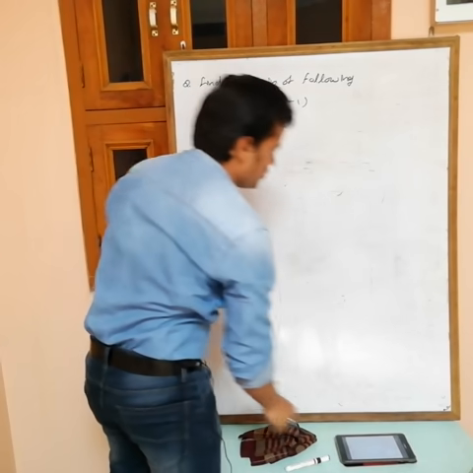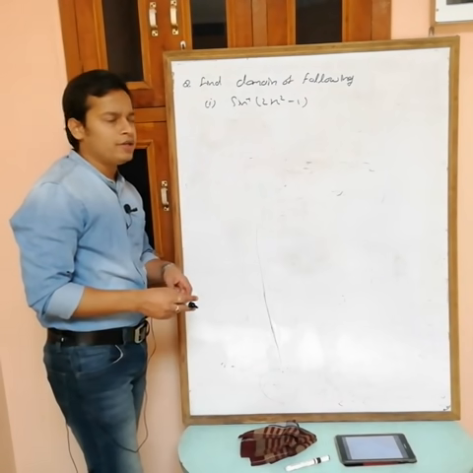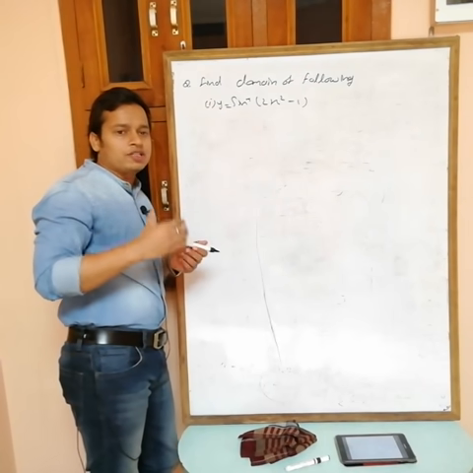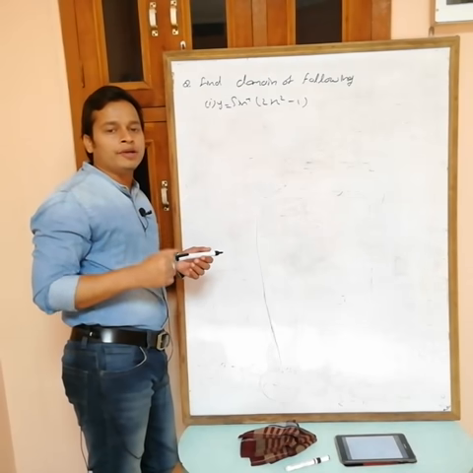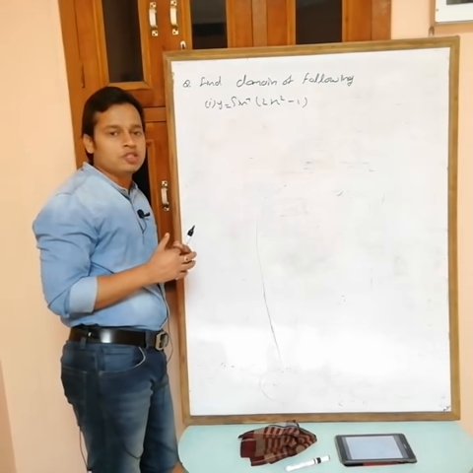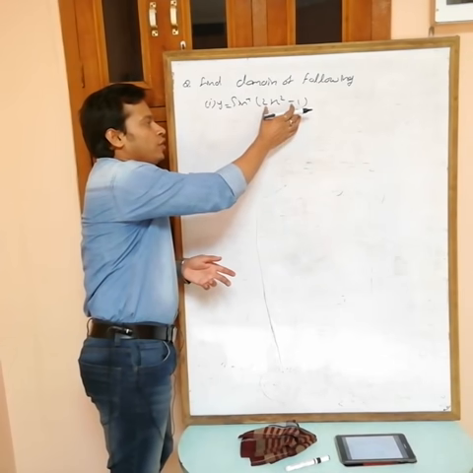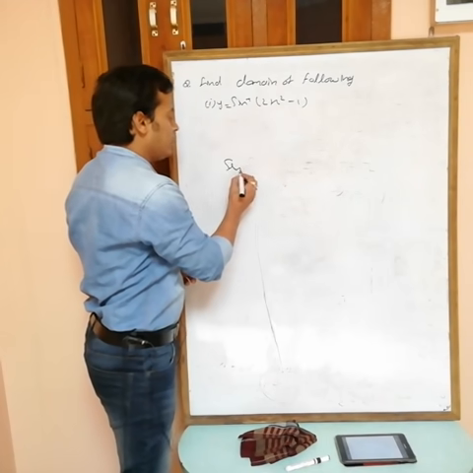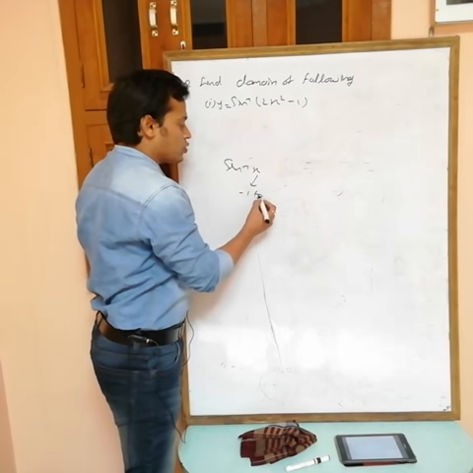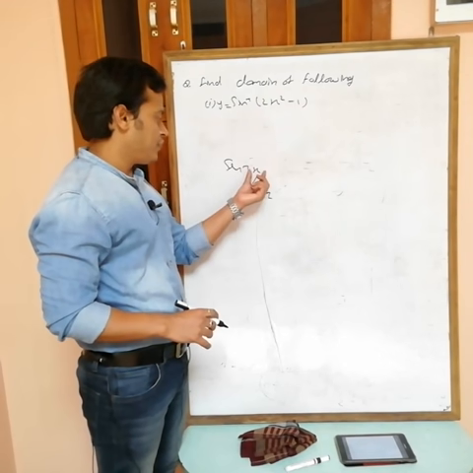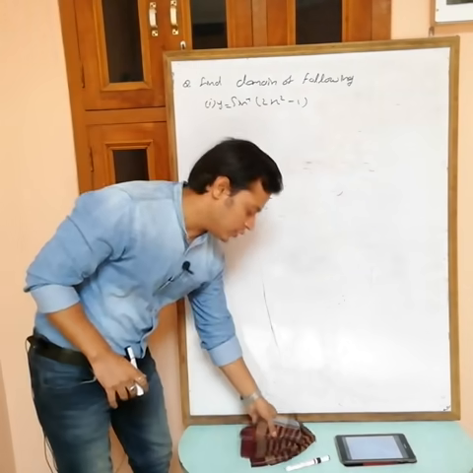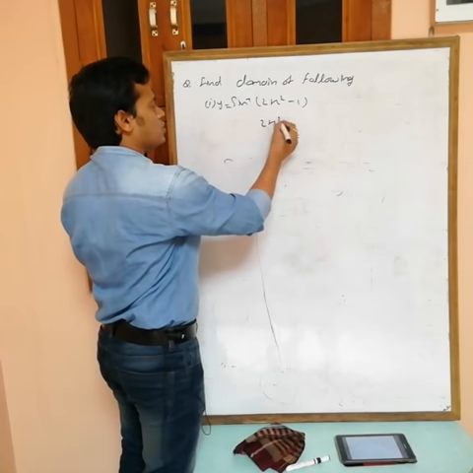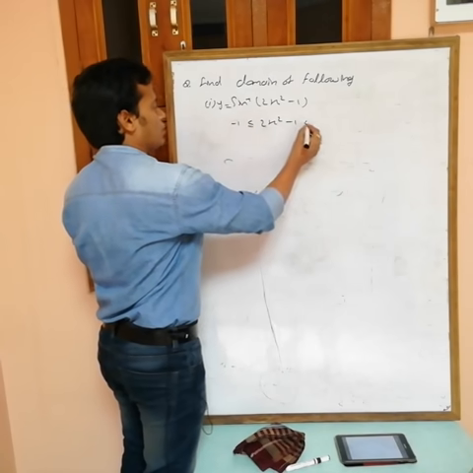Okay, domain means all possible values of x. So just apply the condition. Here we have sine inverse, suppose y equals sine inverse. And we know that sine inverse is only defined for minus 1 to plus 1. The domain of sine inverse is minus 1 to plus 1. It means we want the values of x such that this function is defined, and sine inverse x is defined only for minus 1 to plus 1. So this is defined if 2x square minus 1 can take values from minus 1 to plus 1.